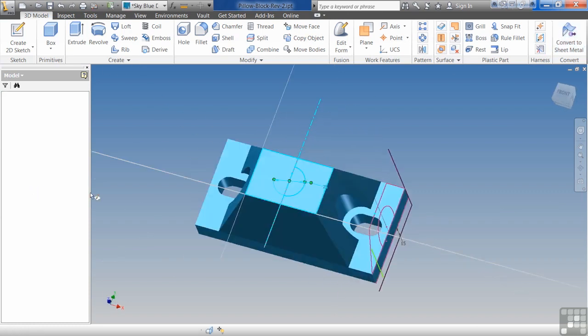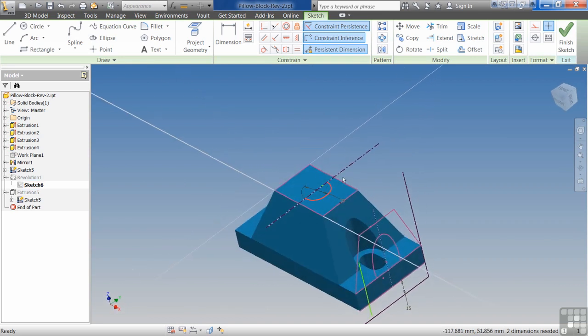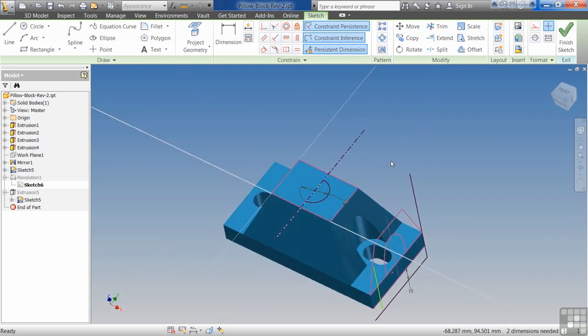Next sketch geometry I'm going to look at is the center line. Center line I find most commonly used whenever I'm doing either symmetrical things or I'm doing round things such as revolves and sometimes some sweep paths and things like that. I will use the center line. But most of the time it's going to be a revolve or it's going to be the symmetrical constraint. What you do is you just draw a standard line,